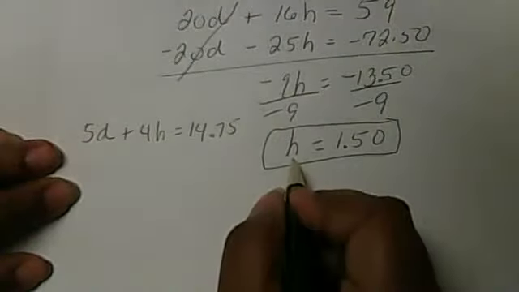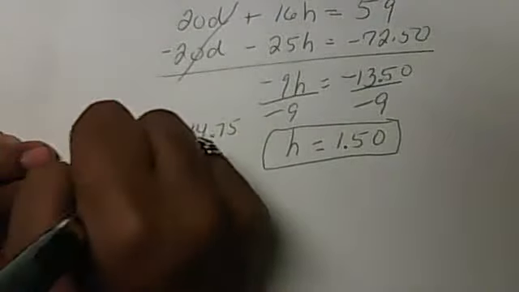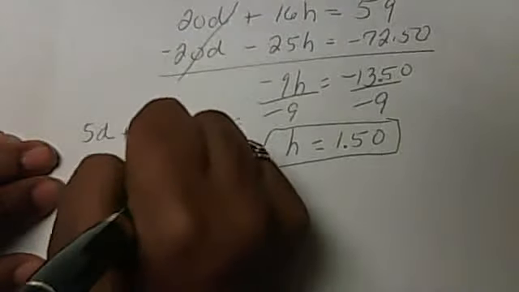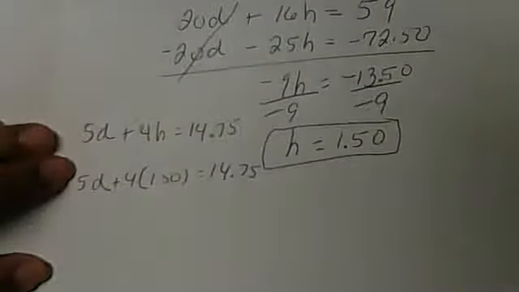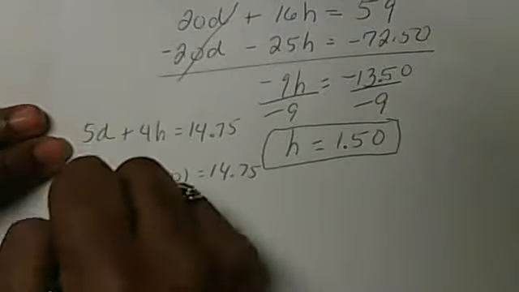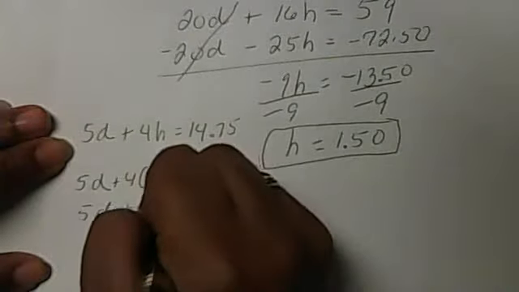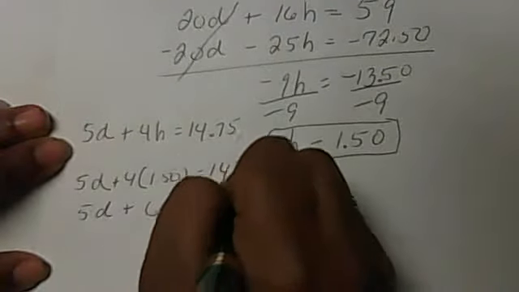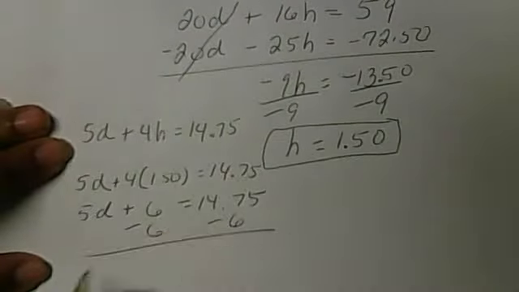I'm going to plug in H, which was my hamburgers right there. 5D plus 4 times 1.50 is equal to 14.75. 5D plus 4 times 1.50, $6, of course, is equal to 14.75. Subtract 6 from both sides, and you'll get